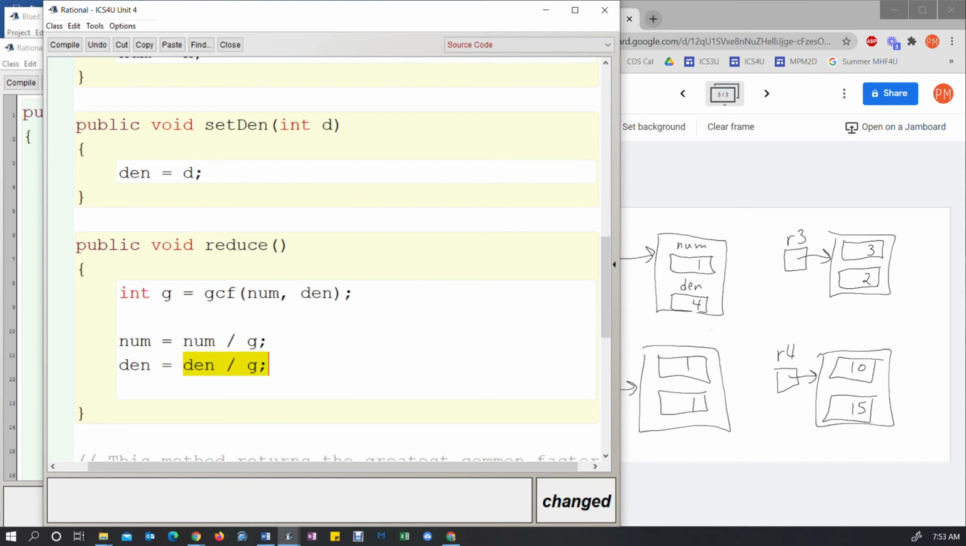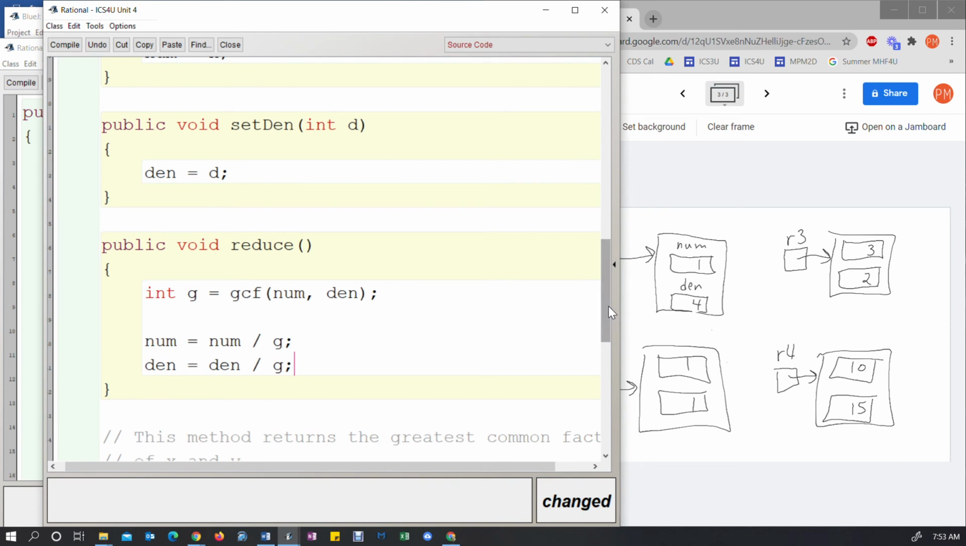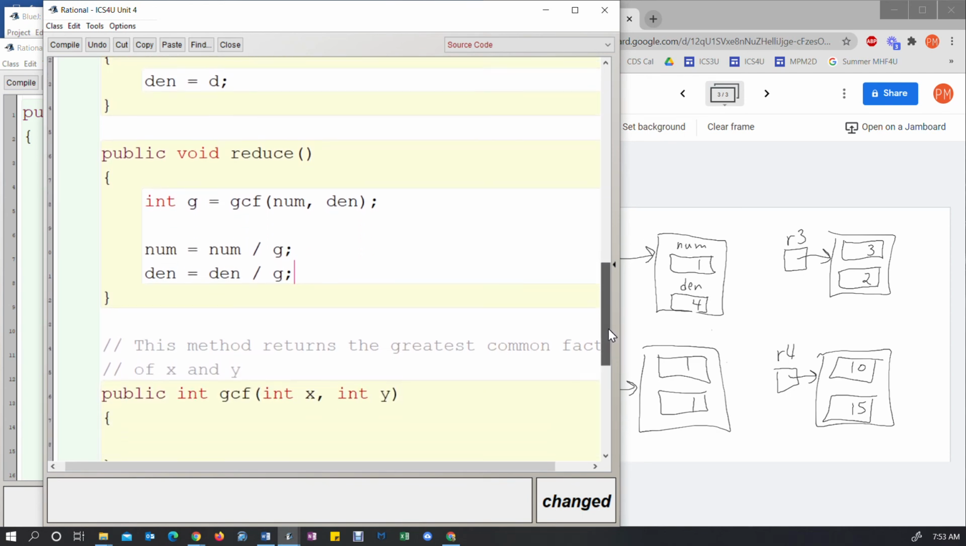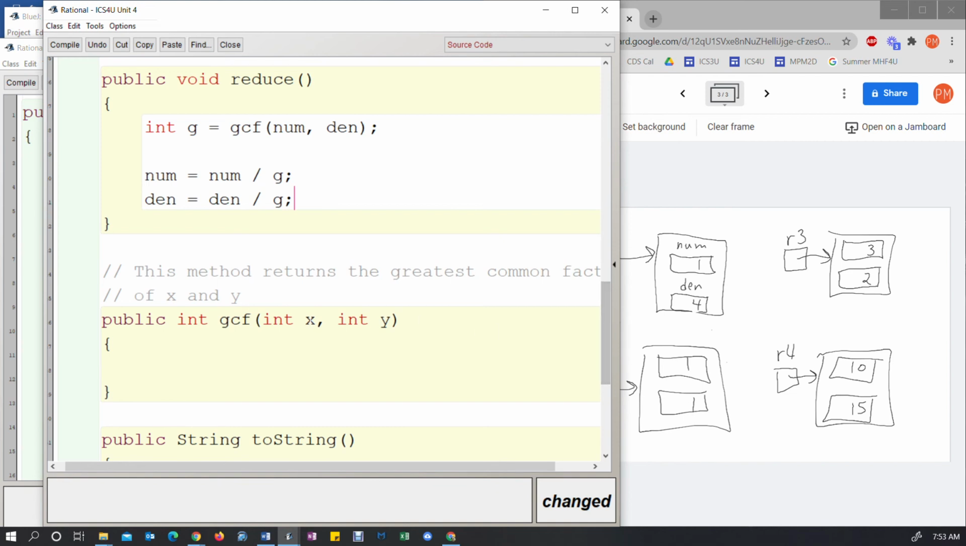Okay, so now the big task here is completing the GCF method. So I think we've done this before. So we're going to have two values, and I just called them x and y. I mean, you can call these a and b, call them whatever you want. And I'm going to find the greatest common factor. Okay, so what you can do here,